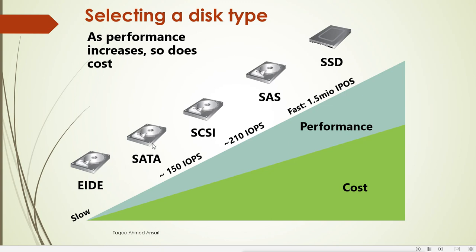But SATA, as compared to SCSI, is slow. So SATA is still slow compared to SCSI. SCSI is faster than SATA. But again, when you choose between SATA and SCSI, SCSI is a little more expensive than SATA. So mostly in client machines we use SATA hard disks, and SCSI hard disks are used in server operating systems. Mostly in server machines they use SCSI disks. It is a little expensive but faster than SATA.